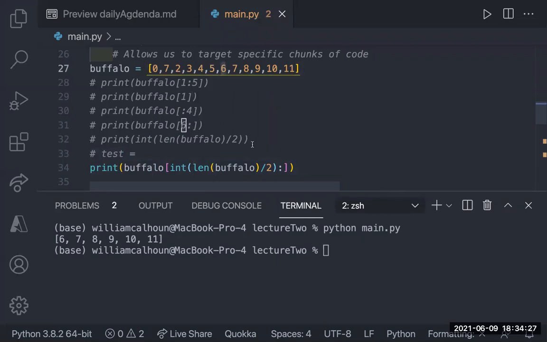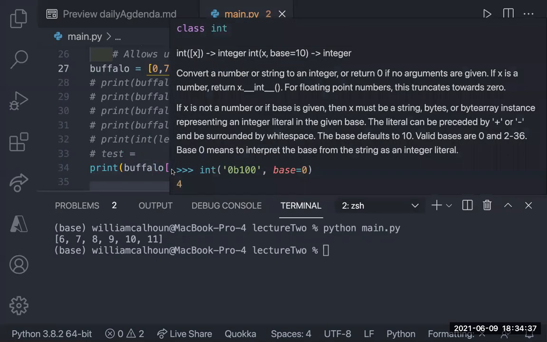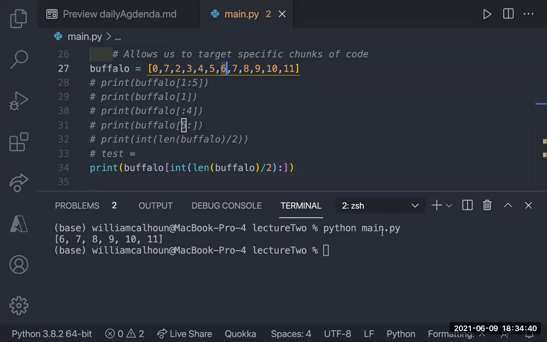Now, the interesting thing is when we did that, it came back as a float, which we went over last class. That is a decimal. That was 6.0. And so what happened was it's saying, well, a slice can only take in a full integer, so like a whole number, right? Which Python knows as an integer, not a float.